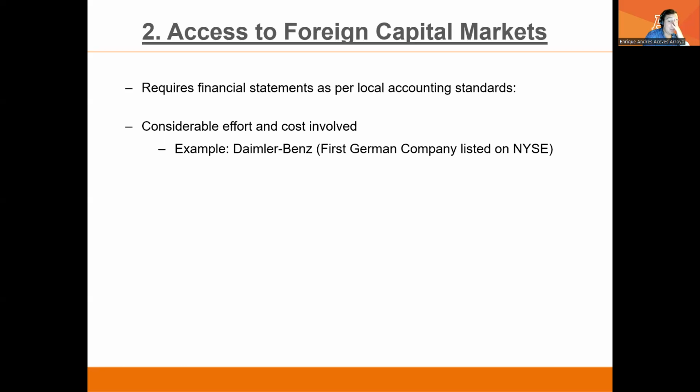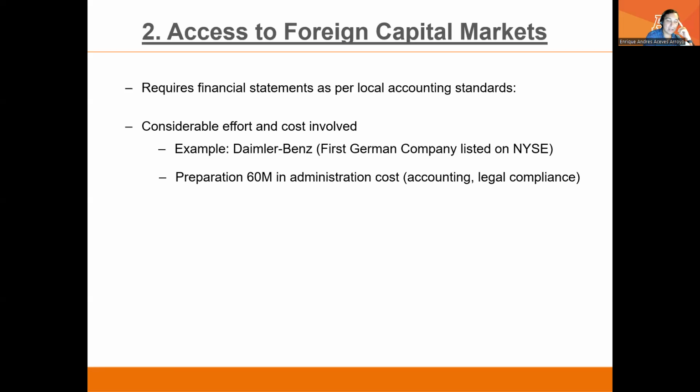That was the first German company to be listed on the New York Stock Exchange, in the early 90s. What happened is that it cost them $60 million just in administration costs,